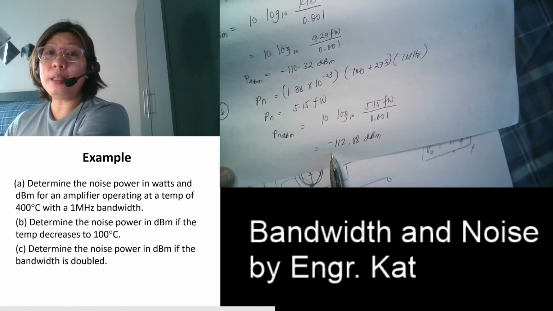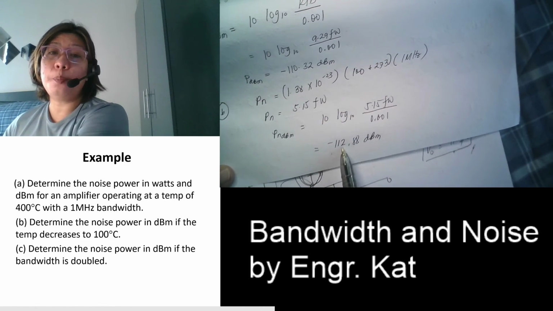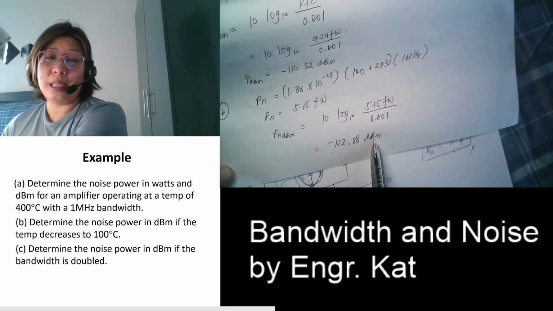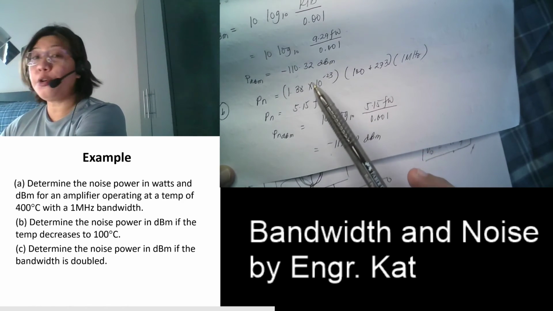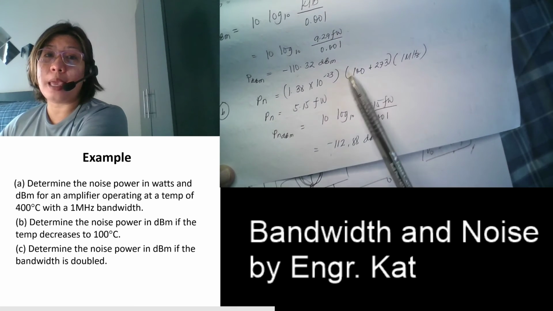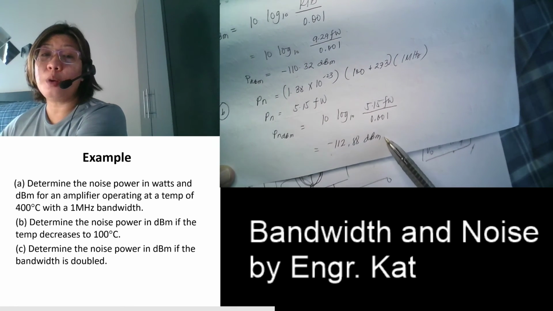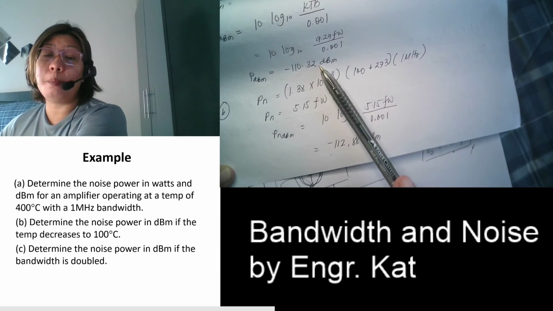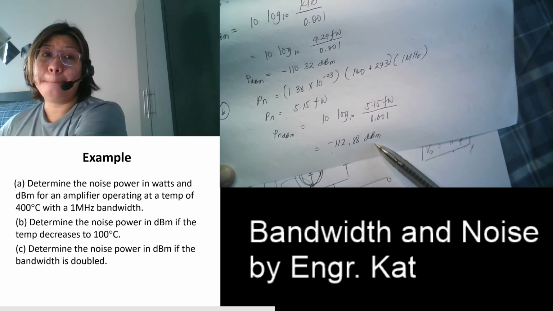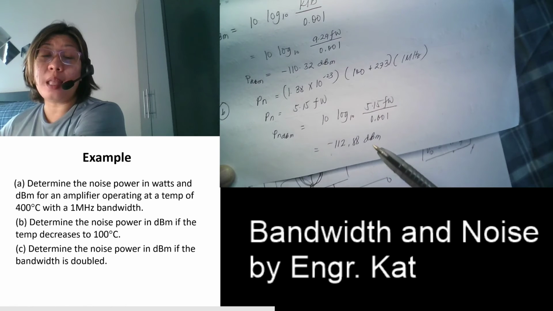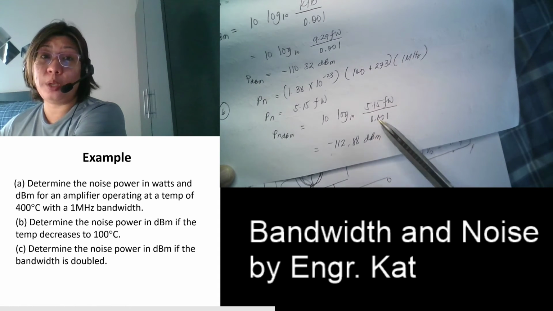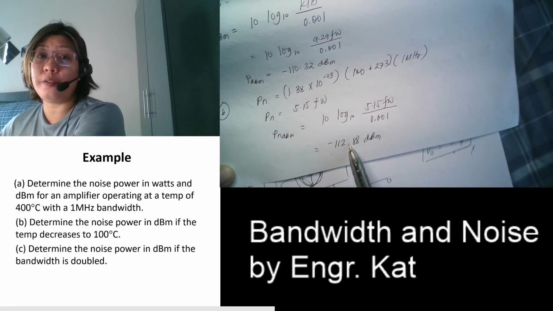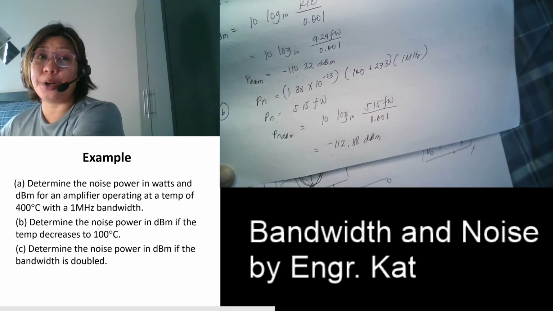In terms of decibels, same step. Okay, so we have here negative 112.88. See, from our earlier value, which is 9.29 to 5.15, but in terms of decibels, we only changed about 2 dBm. So the change here is not very large, just 2 dBm. It was decreased, since this is negative, the more negative you have, that means you decreased your value.